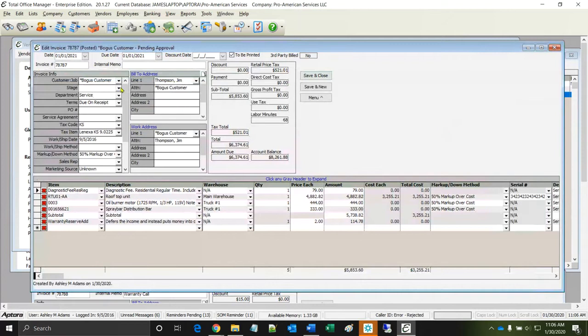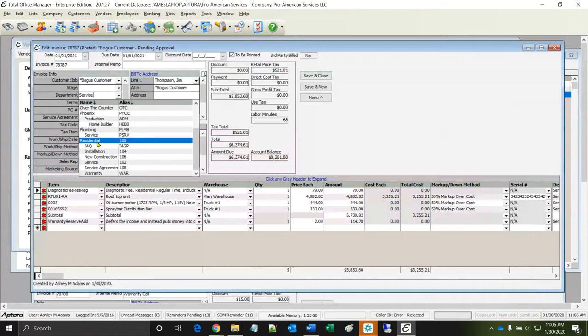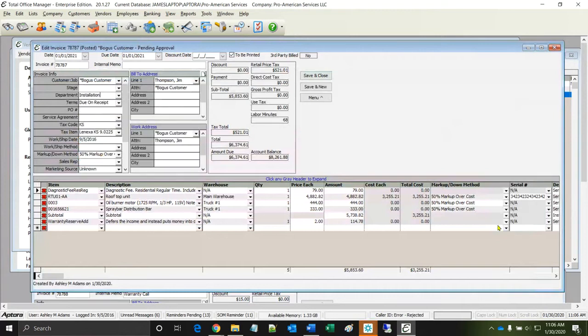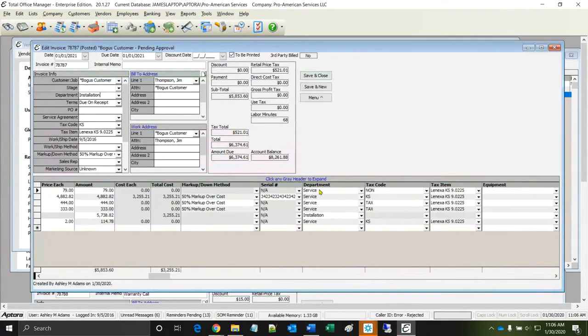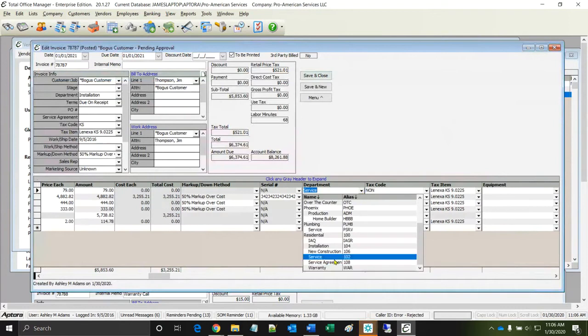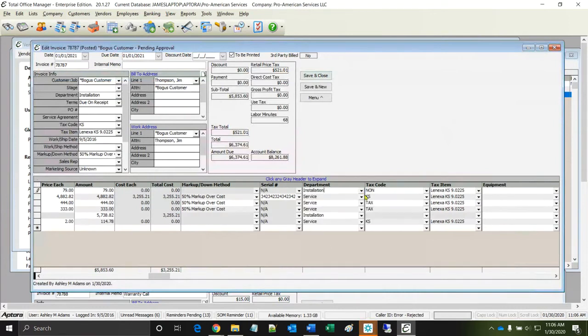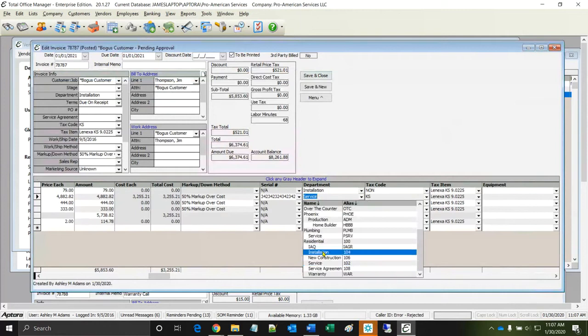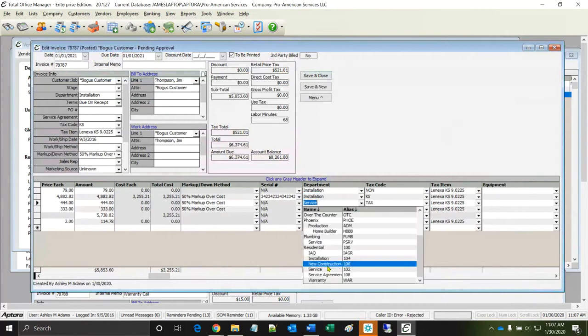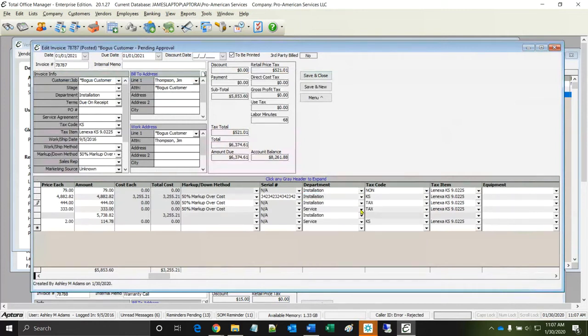So here is the invoice for the installation. So I should have picked residential installation for the department. And then it filled it in for me. But the very last item didn't install. I'm just going to do it because I'm picky here. Install